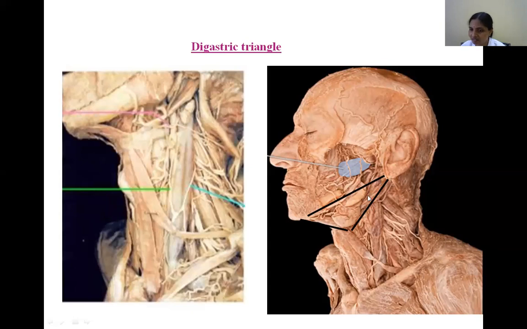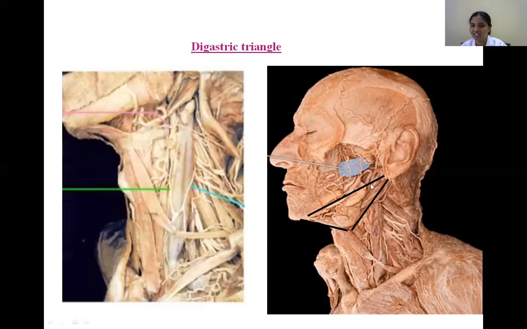Here the parotid is reflected, separated. But what is there, this is the lobule and this is the tragus. So just in front and below that is the area for the apex of the parotid. So the apex of the parotid gland we can identify. And deep to that, the carotid sheath. So what structures does the carotid sheath contain? Laterally the internal jugular vein, medially the internal carotid artery, and in between the vagus nerve. These are the structures.